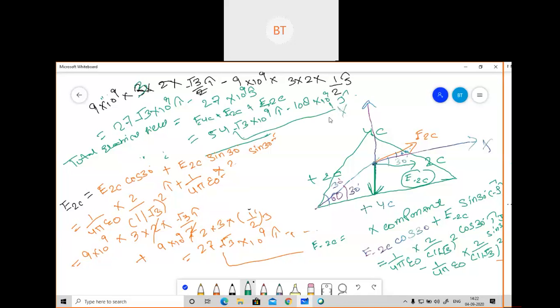So if any doubt is there, please tell. So I think it is clear to you all. Beyond this, the question will not be there. So try to practice this type of similar questions, and only the calculation part is there. So take a calculator with you and try to put the values there, and you will get the result. So I think we have completed point charge.